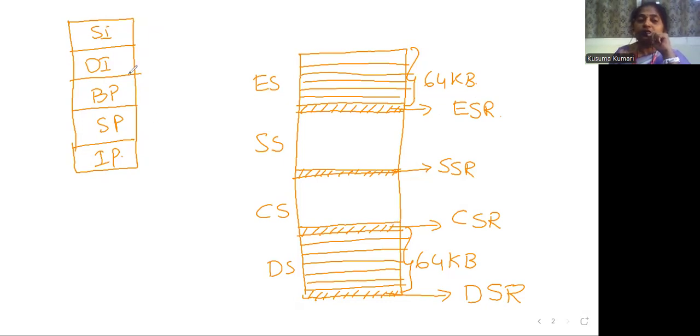So now what is the purpose of these index registers? These two are the index registers, and these three are the pointer registers. The purpose of the index registers is that they are used for string operations. When we are operating string operations, the source index register, which can be a 16-bit register, is used